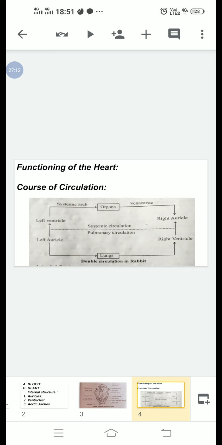Once again, the circulatory system of the rabbit. The body needs a circulatory system for distributing digested food, water, oxygen, numerous secretions and waste products throughout the body. The chordates have a completely closed circulatory system. The blood vascular system of the rabbit is composed of blood, heart, arterial system and venous system.